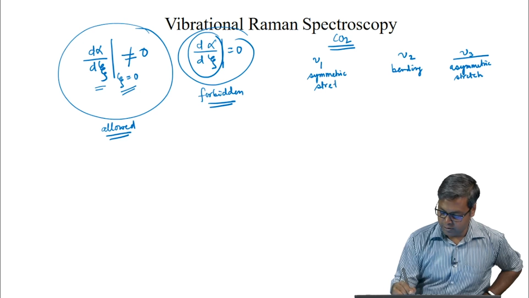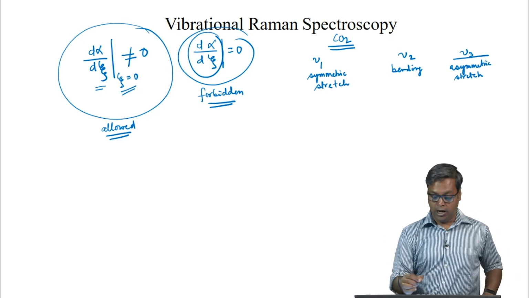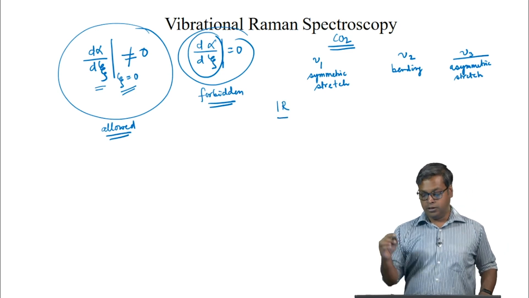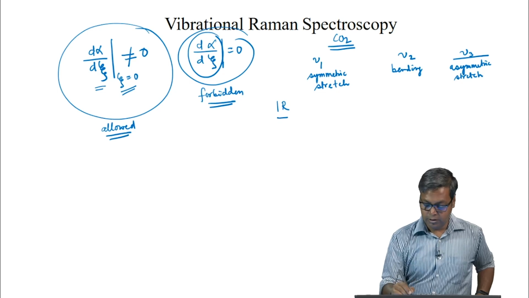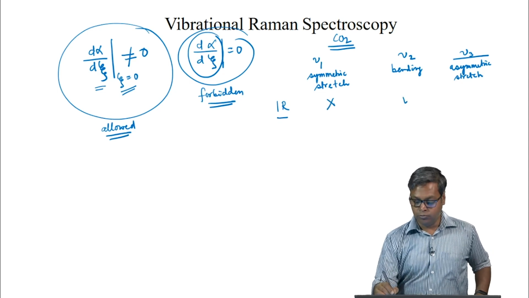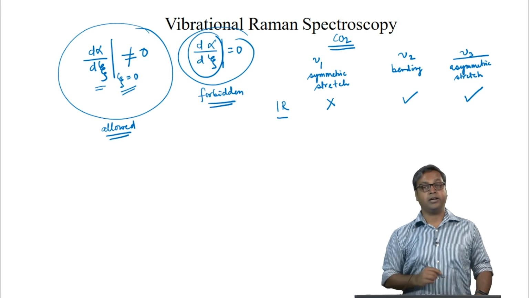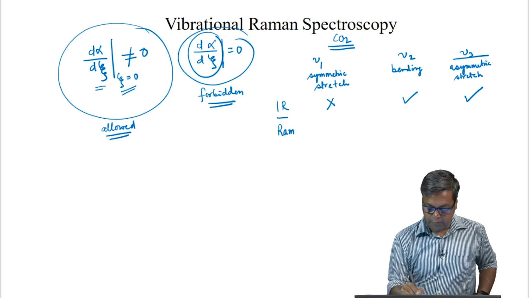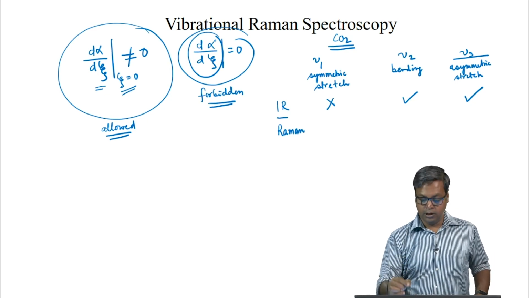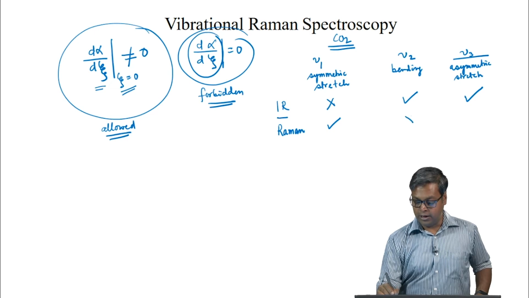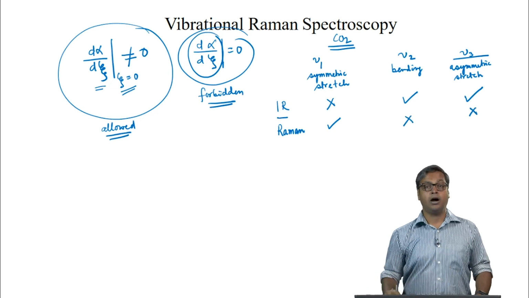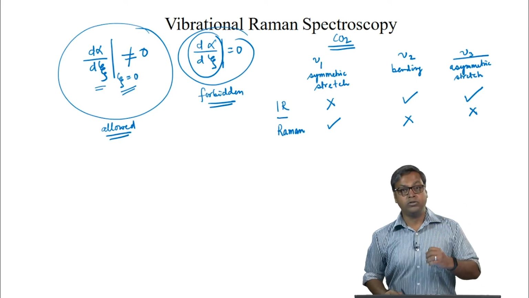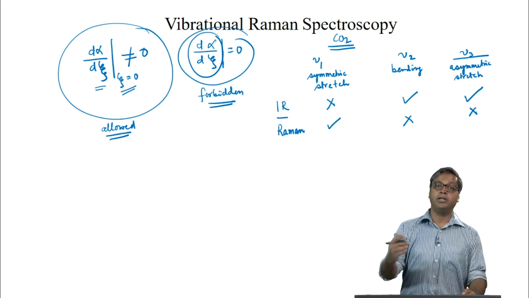We have already seen in IR that nu 1 is IR inactive, and nu 2 and nu 3 are IR active. And now, in Raman spectroscopy, nu 1 is Raman active and nu 2 and nu 3 are Raman inactive. So, it can be seen that the modes which are IR active are Raman inactive and